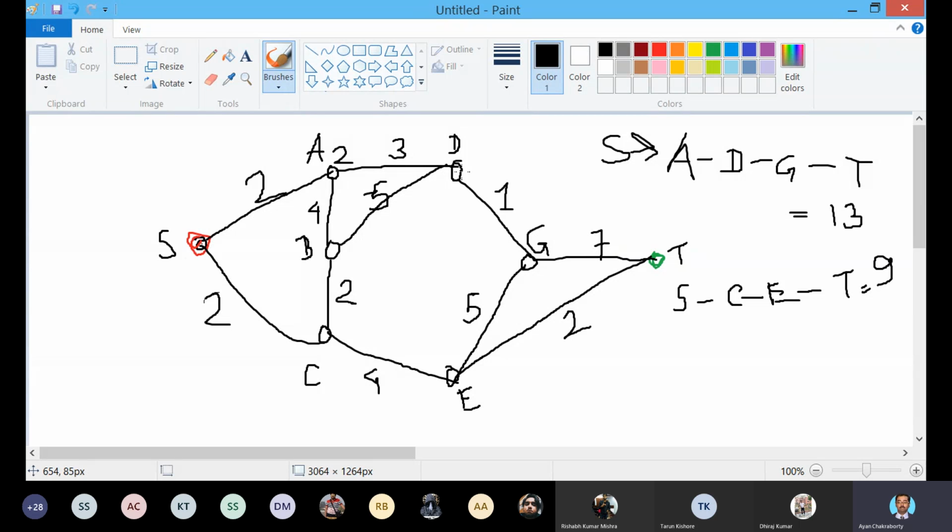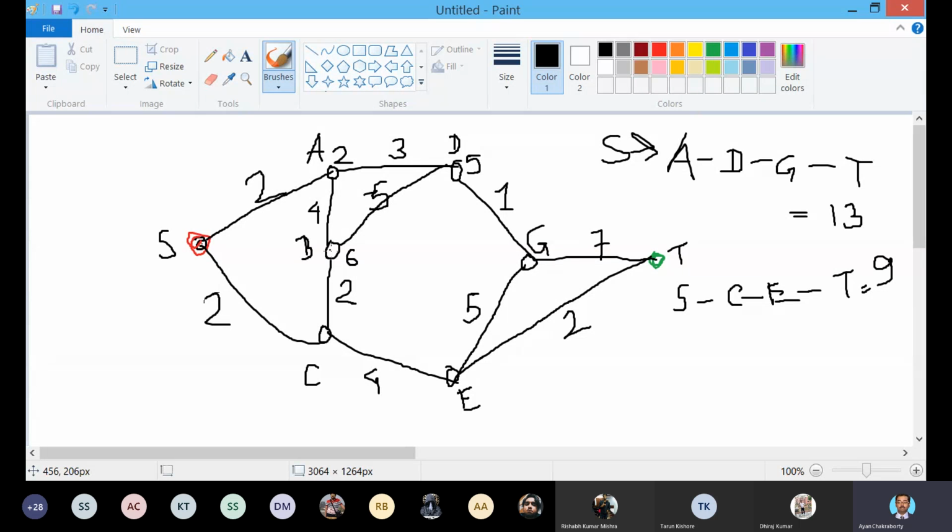If we consider D, what will be the value of this node D? 2 plus 3, that is 5. What will be the value of the node B? 2 plus 4, that is 6. This is the weight of this node B. So D has the value 5 and B has the value 6.